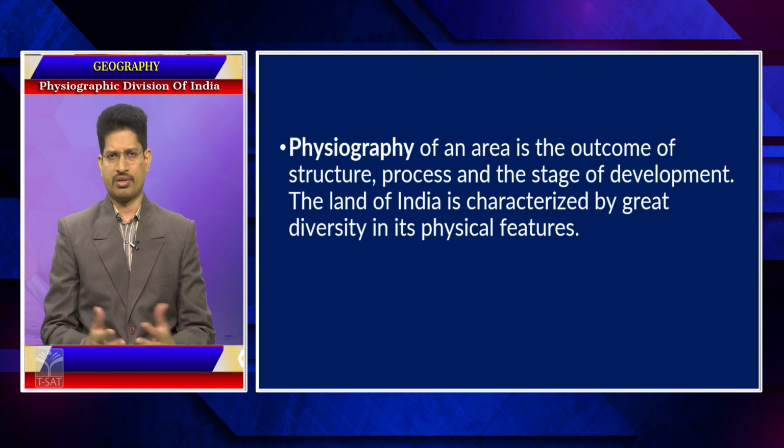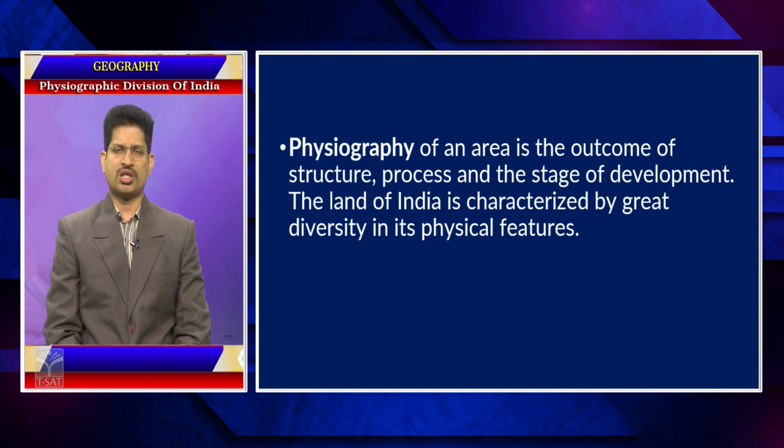So, the process is different for different kinds of physical features, and so is the stage of development. There are certain stages in the development of these physical features. All of a sudden, a valley will not be formed. A valley will be formed because of the gradual cutting of the river. The mountain is being cut by the river gradually. Sometimes the folding upliftment happens through a gradual process in stages. So, whether it is deposition, solidification, folded mountains or any kind of block mountains, there are certain stages in the formation of these physical features.